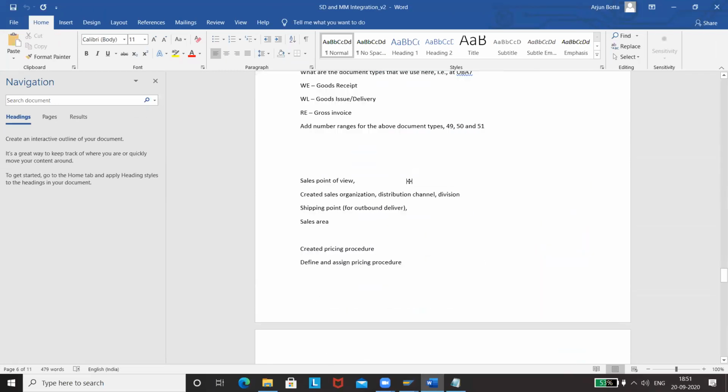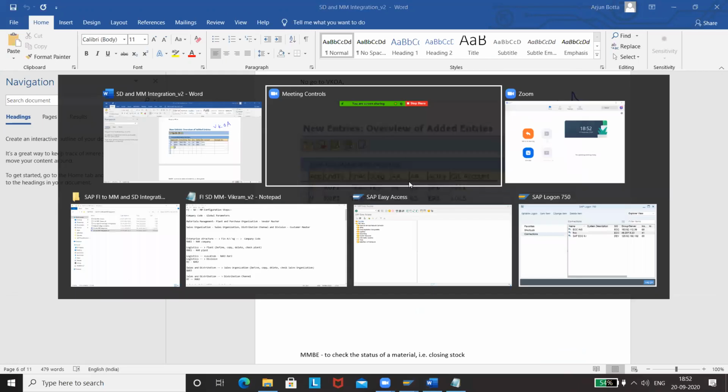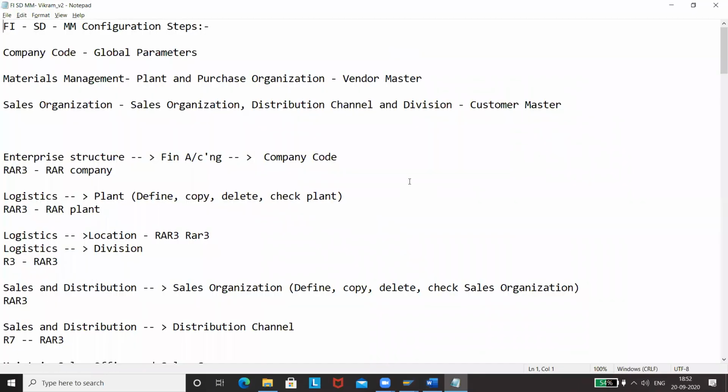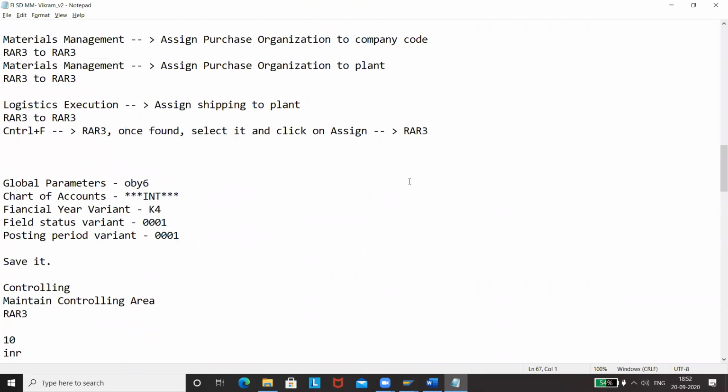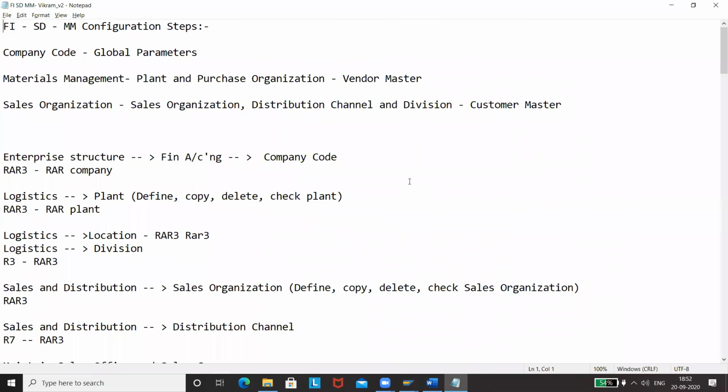Along with this document, in order to facilitate an easy transition, I have one more document prepared, and that is this document. It is in Notepad. If you have any questions, it will be easier because you will be able to include more steps in Notepad when compared to a Word document. So I've prepared these documents as well. This document especially gives you a clear picture of what we are doing, especially in configuration steps. It doesn't have any pictures, but it will have more steps compared to the Word document.